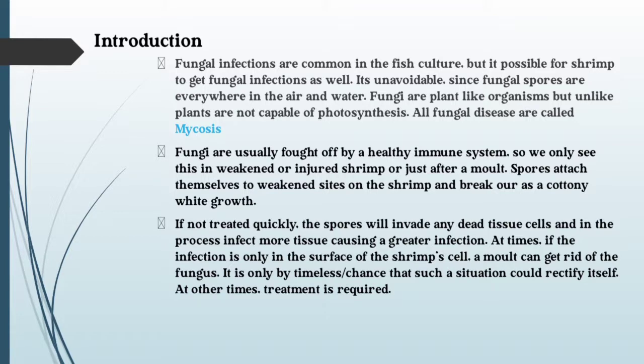Spores attach themselves to weak sites on the shrimp and grow as a cottony white growth. If not treated quickly, these spores will invade any dead tissue cells and in the process infect more tissue, causing a greater infection. At times, if the infection is only on the surface of the shrimp, a molt can get rid of the fungus. It is also by timeless chance that such a situation could